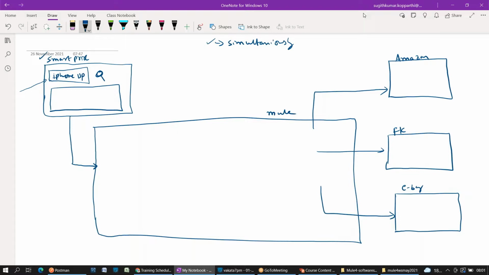First of all, the Mule application should listen for the request coming from the web application. Let's take one component called listener, which will listen for the request, and the request will be sent to the next processor after listening. What type of component can I use to convert that one into three?